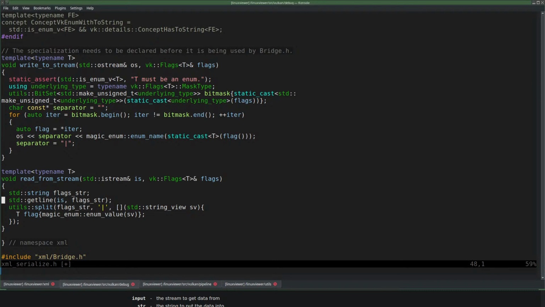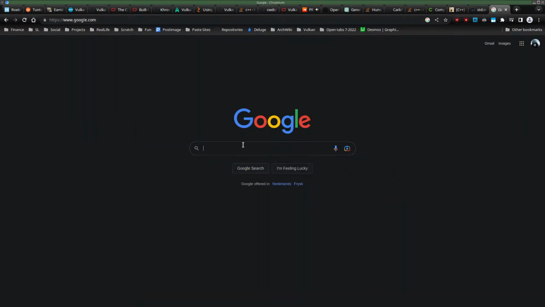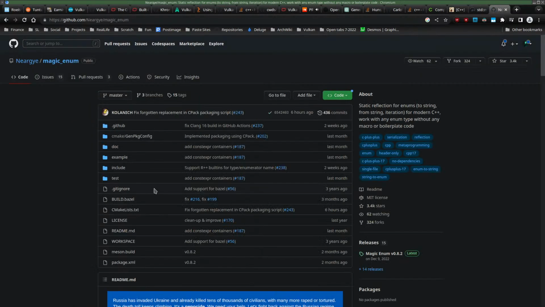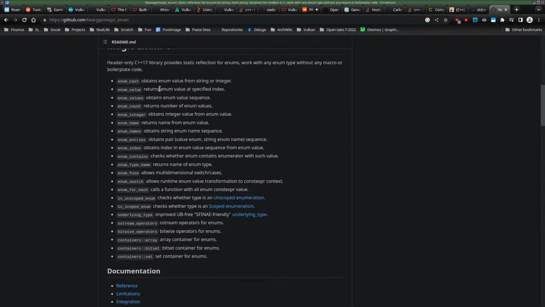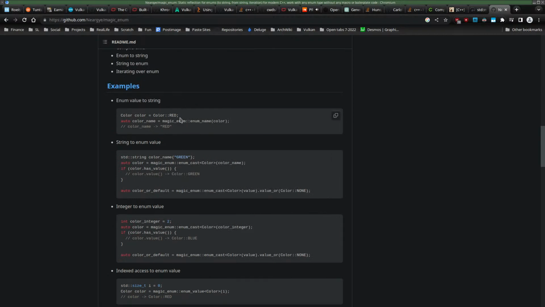Nope. Okay, we have to look at magic enum again. Let's look at magic enum. In this case, you want to go from the string to the enum value; this one obtains a value from string or integer. Enum cast.